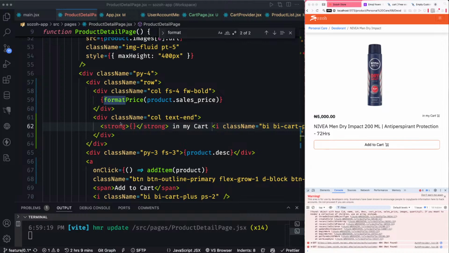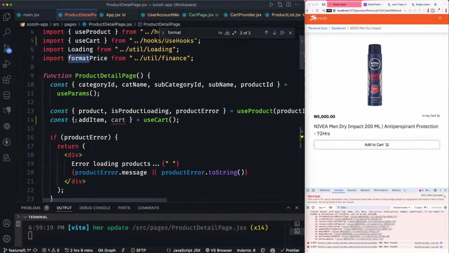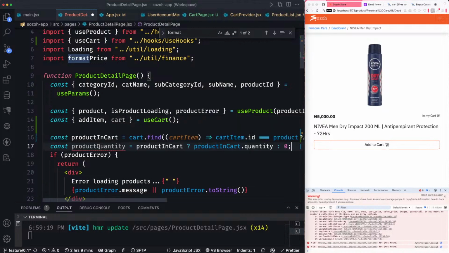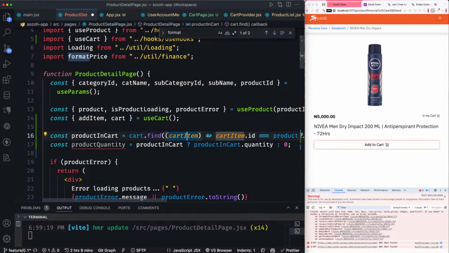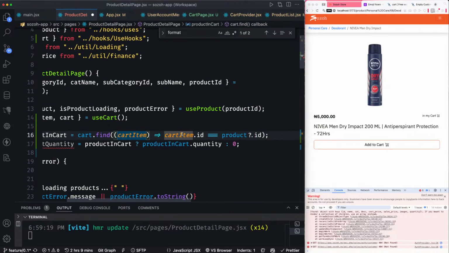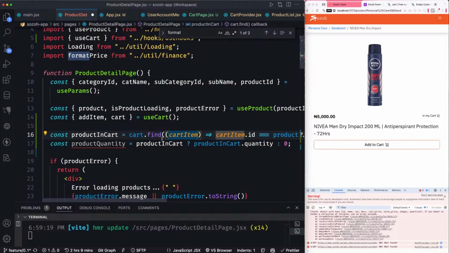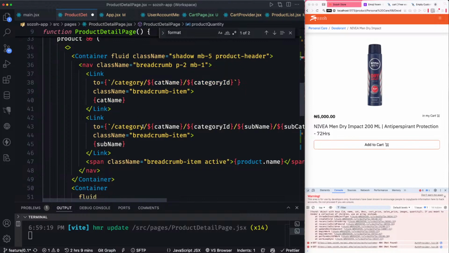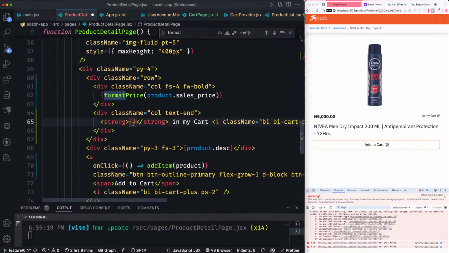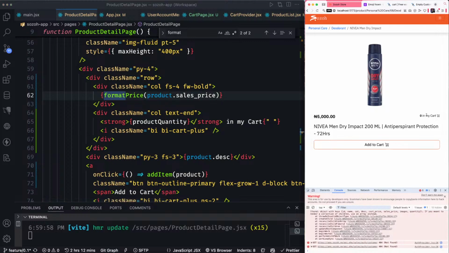So I need to find the cart item, product ID, product quantity becomes whatever is here. So currently I have 0. Now I have 1, 2 in my cart, 5. I have,